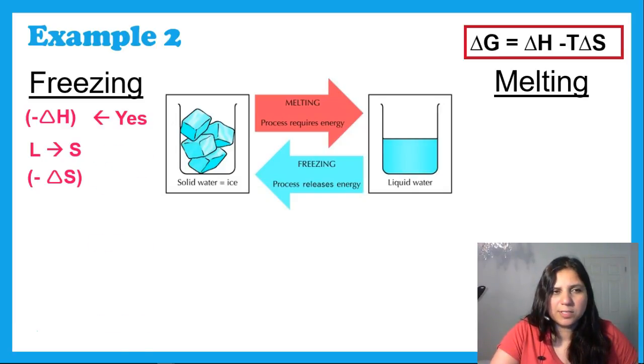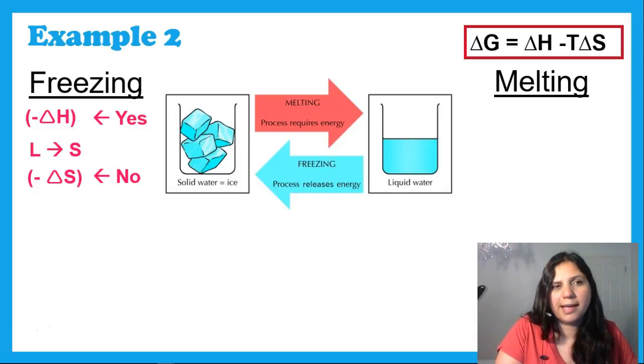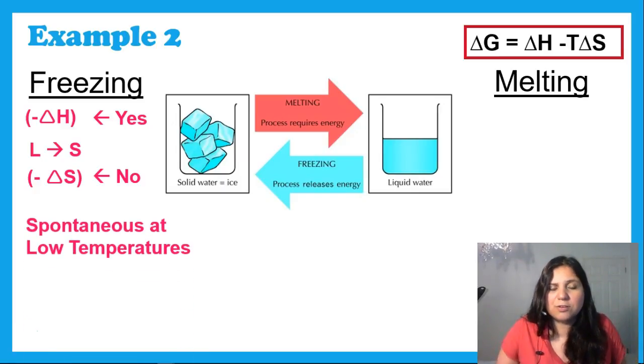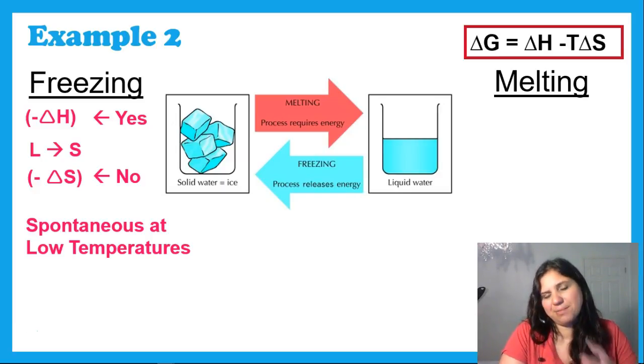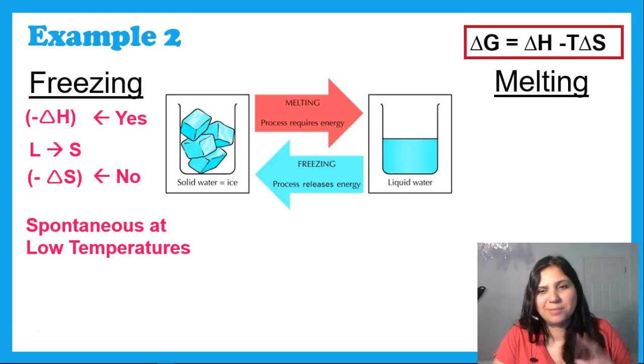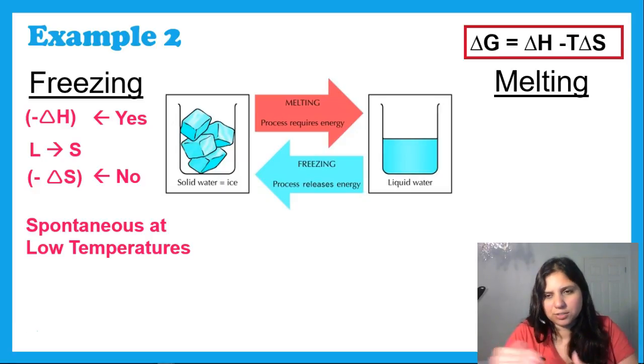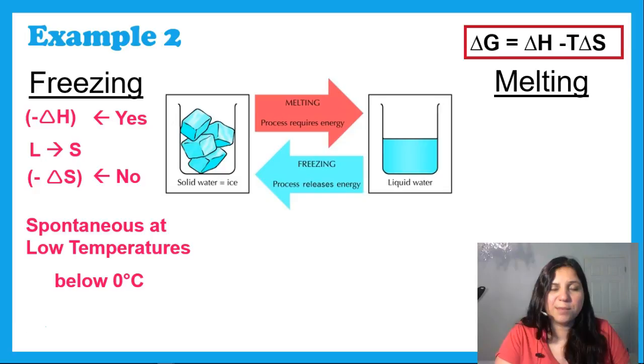Okay, this one is saying yes, this one is saying no. So when is it going to be spontaneous? When delta H wins, at low temperatures. And that's true because water does form ice when it's really cold, right? Low temperatures. And that is different for every single substance, whether the temperature is 0 and that means that it's low, or the temperature is 100 and that means it's low for that substance or that process that's happening. So we're just saying theoretically should those temperatures be low or high, not the exact temperature, which we are defining low or high to be. Okay. In this case, that is temperatures below 0.